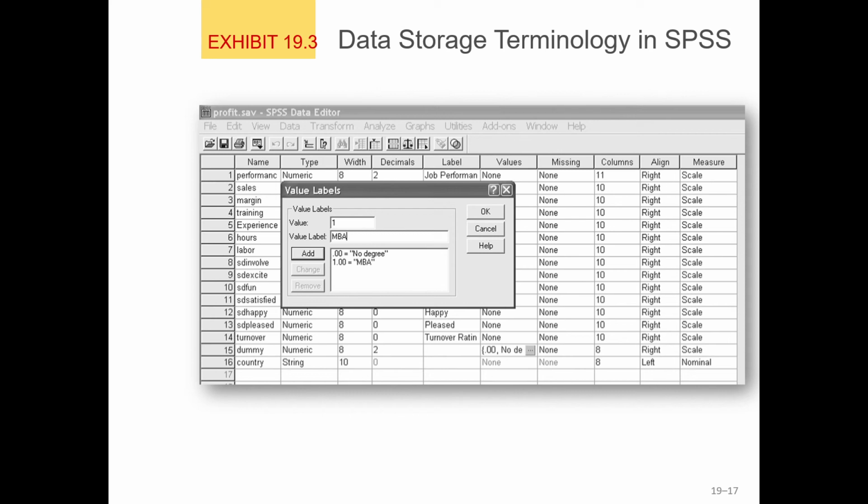All of the remaining variables are numeric. Often a researcher will create a second numeric variable to represent the string variable, 1 for Austria, 2 for Brazil, 3 for Canada, and so on. The coder will sometimes like to associate a label with a specific value of numeric variables.